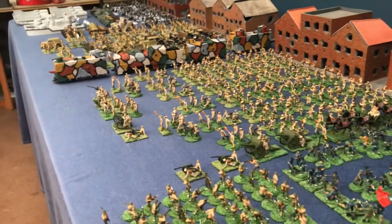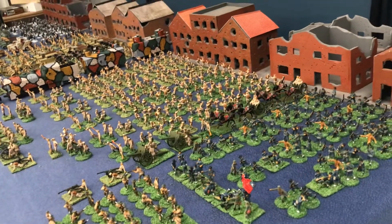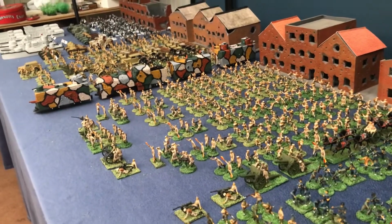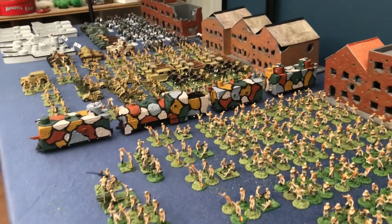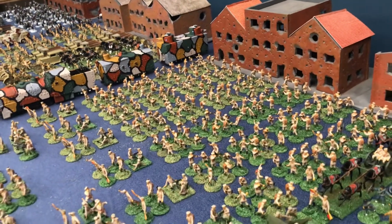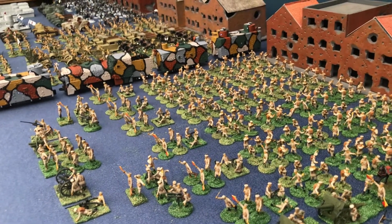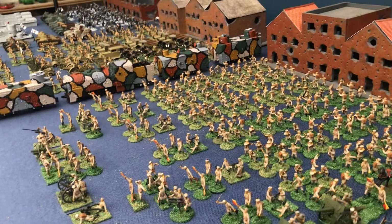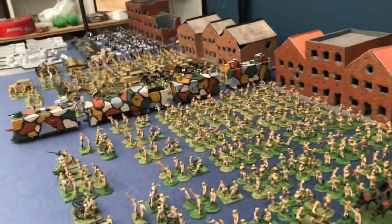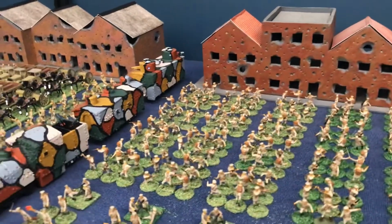And in front of you, you can see the forces that I used for the campaign of the January 28th incident in Shanghai, 1932. So today I'm going to do an epilogue on that campaign, talk about the figures I used, talk about what I learned from that campaign, thank the people that helped me, and listen, I'll be honest with you, this is going to be a long one, so either turn it off now or hit pause and get yourself a drink, because this could be going on for a while. I've got a lot to say and I want to get this campaign behind me and move on